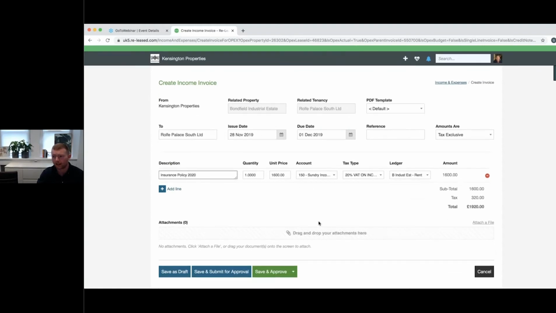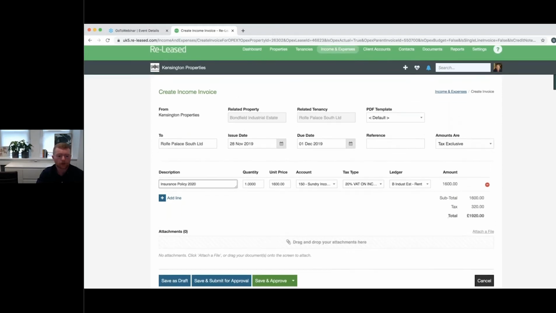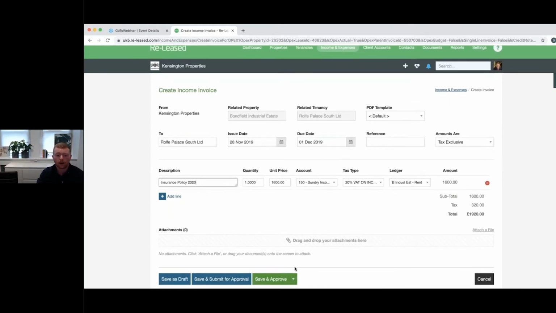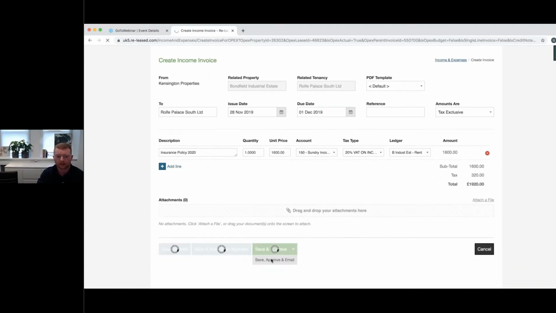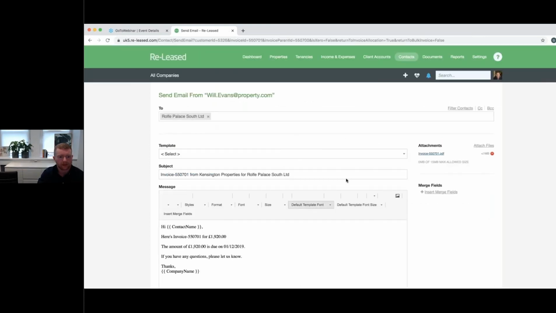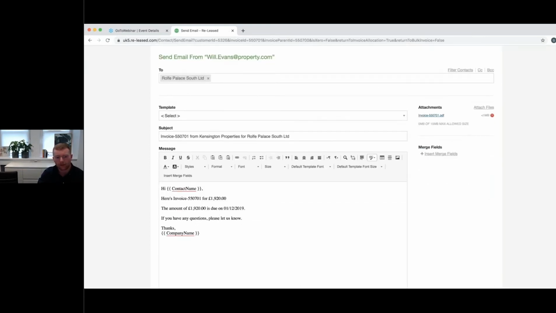And if I had done any document or attachments, that would appear here as well for me to send. So I can press save and approve, or I can also save, approve, and email all in one click. Just wait for my internet to pick up. And you can see here, it's got my template that I've wanted, it's got the invoice,